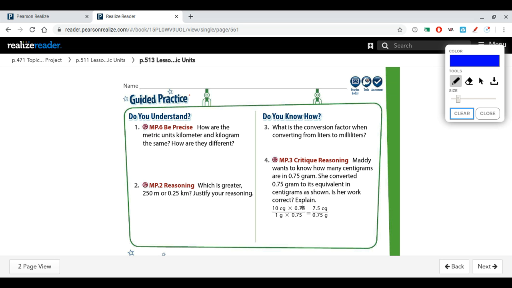So the conversion ratio for grams to centigrams is going to be 100 centigrams for every 1 gram. So if we take a look here, this is what our conversion factor is because centi means 100, so there's 100 centigrams in grams. If you're not sure, look back at your unit of measurement tables on the prior two tables. Even though they don't say grams,